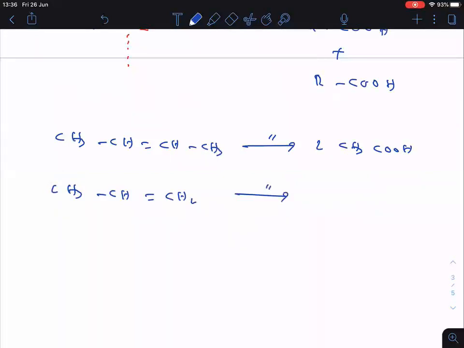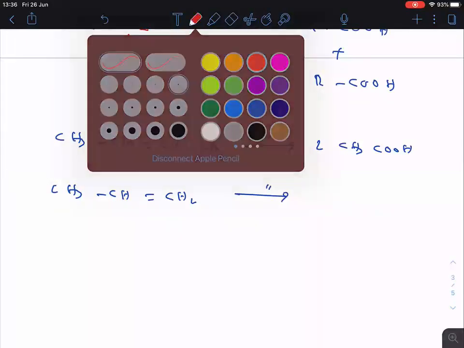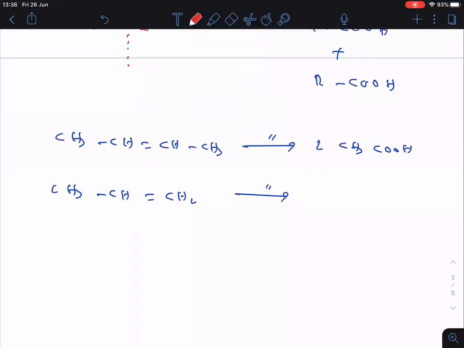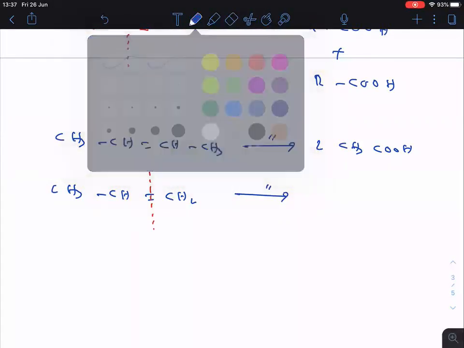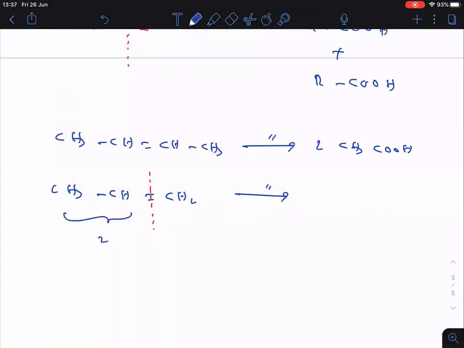Now, if I take one more example in this way, when this undergoes oxidation with KMnO4, this is propene. Clear? So break the bond here. Followed. Now, after breaking, on the left side 2 carbons are there, and on the right side only 1 carbon is there. So from the left side you will get a 2 carbon acid, and from the right side you will get a 1 carbon acid.